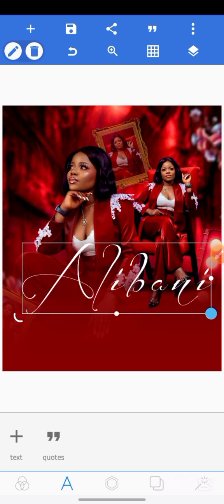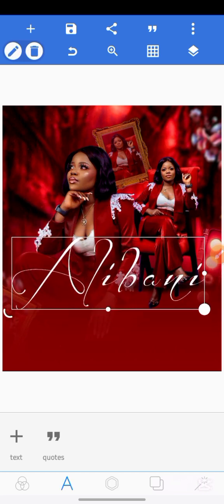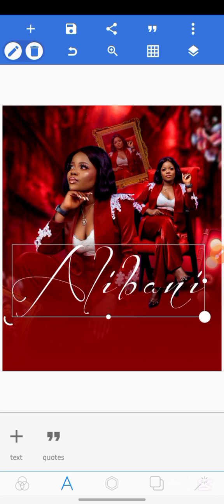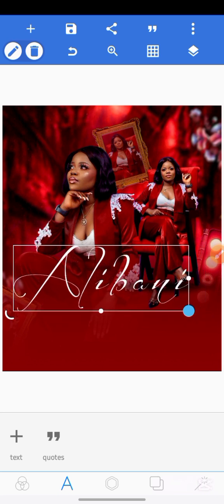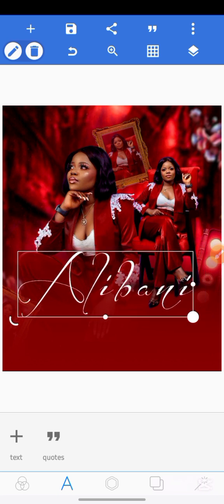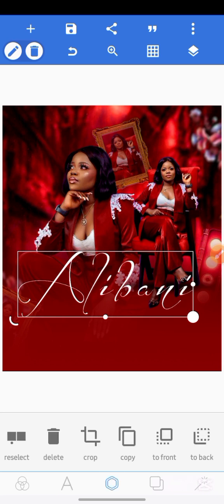So I increase it and then place it somewhere here. Just take it somewhere here, and that's good. You can reduce the size a little bit and keep it somewhere here. What we are going to be doing is carrying out some little kind of beautiful text effects using just this particular text. So head on to